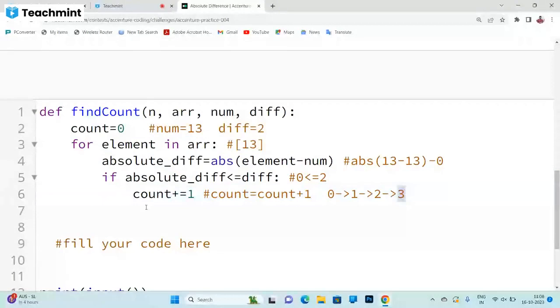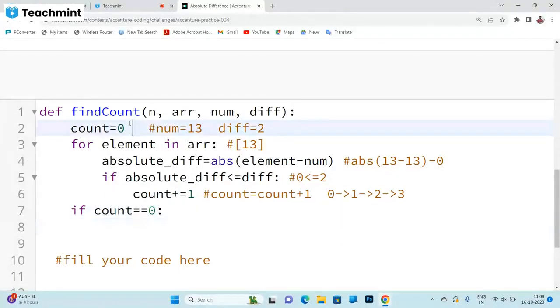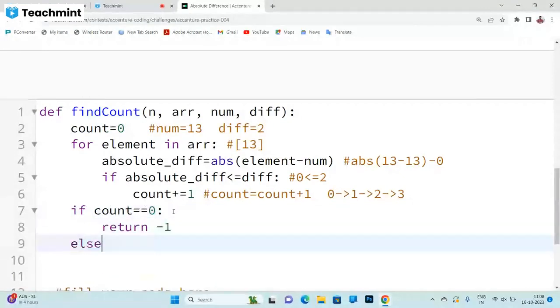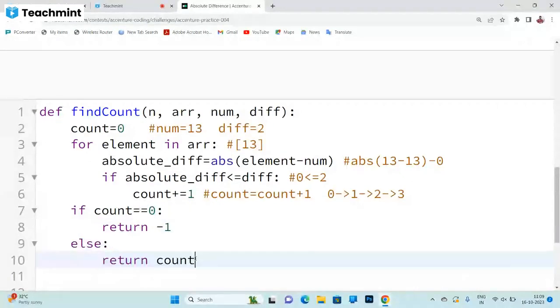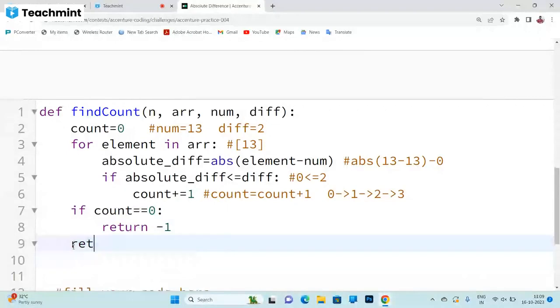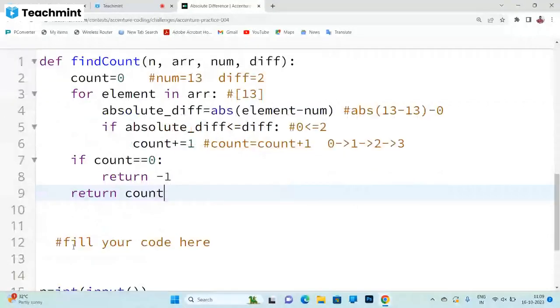So we need to check, what if there is no element that satisfies the above condition? What do I need to do? I need to return -1, right? So I will check if the count value is 0, meaning it is whatever we initialized the count value to. If that was the same, then I need to return -1. Else I need to return the count. You can also write it like this directly, return count. Okay,